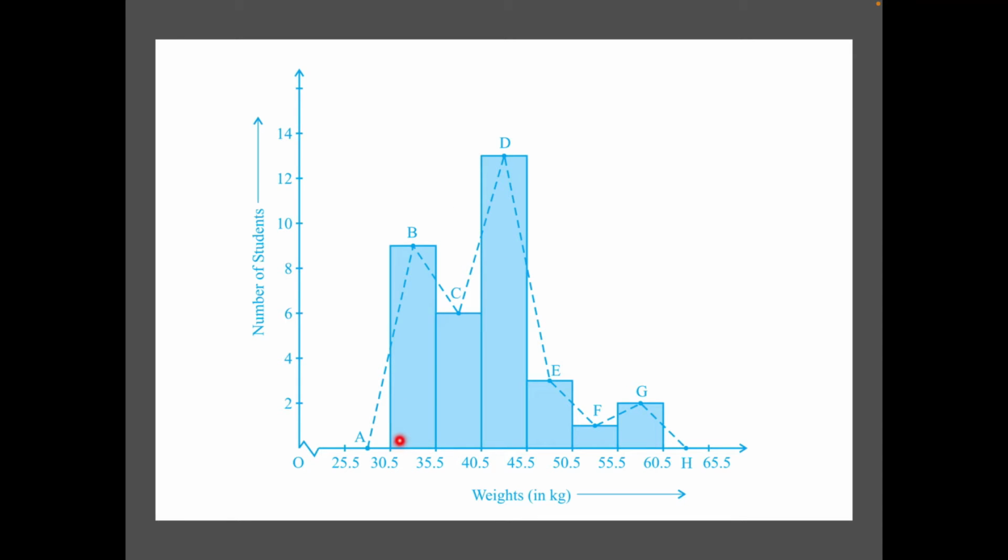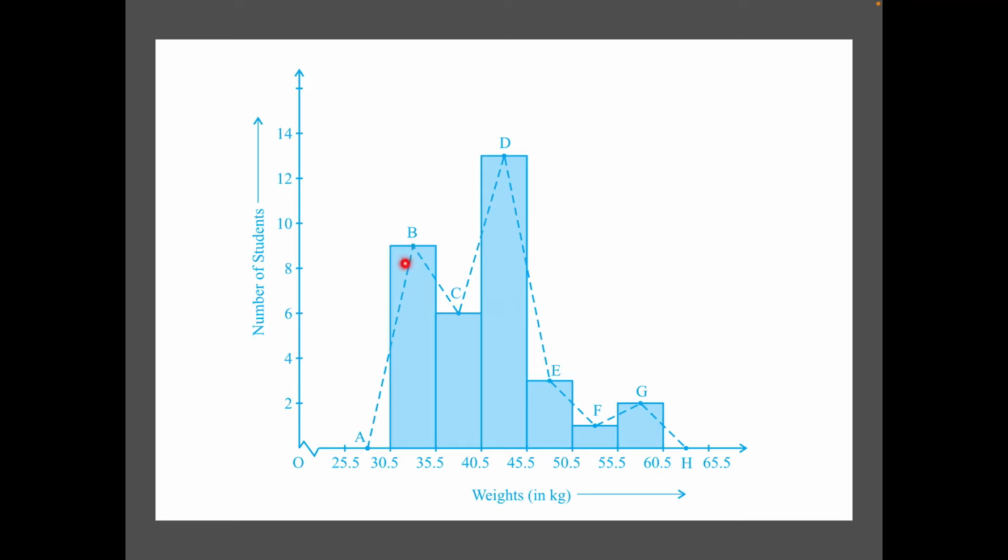Now if you notice, the area of this histogram is equal to the area of this frequency polygon. How? For that, we have to use the properties of congruent triangles. What are congruent triangles? You know, when the sides are equal and angles are equal, obviously the area will be equal. So how can the area of this histogram be equal to the area of the frequency polygon, wherein I am not including these portions of the rectangles? If you see, that is where the property of congruent triangles will be relevant.